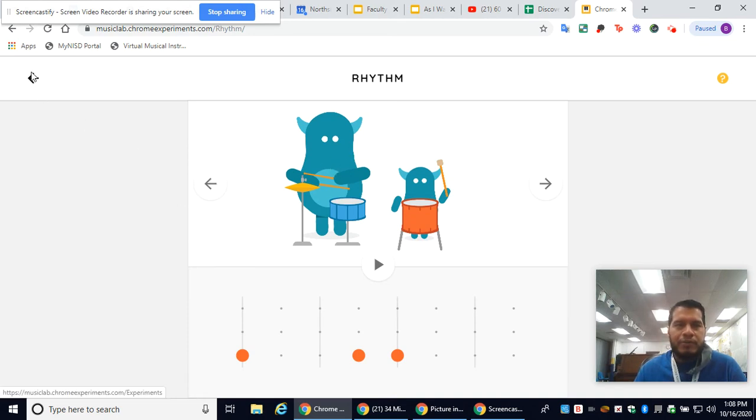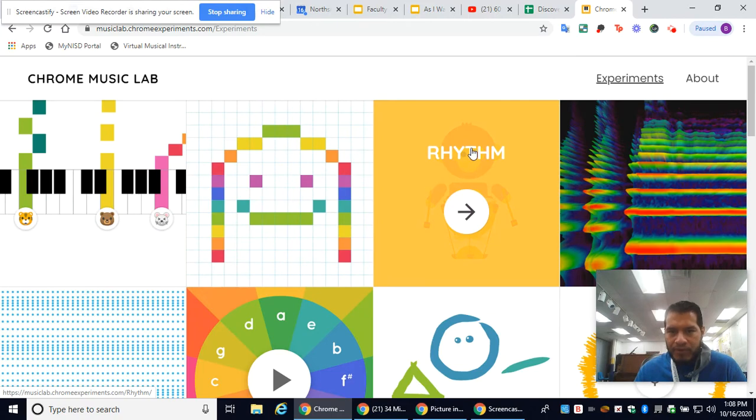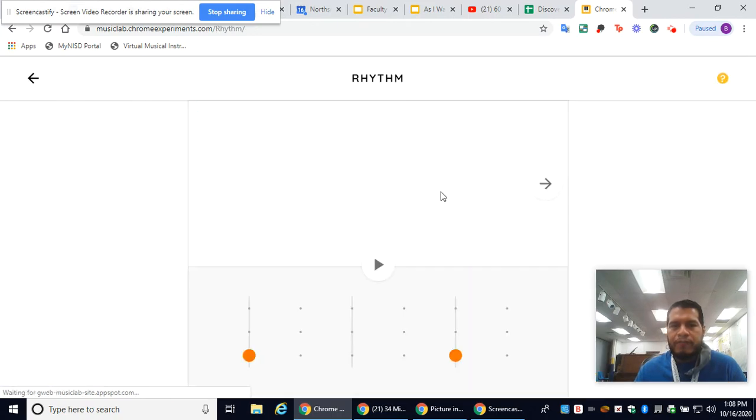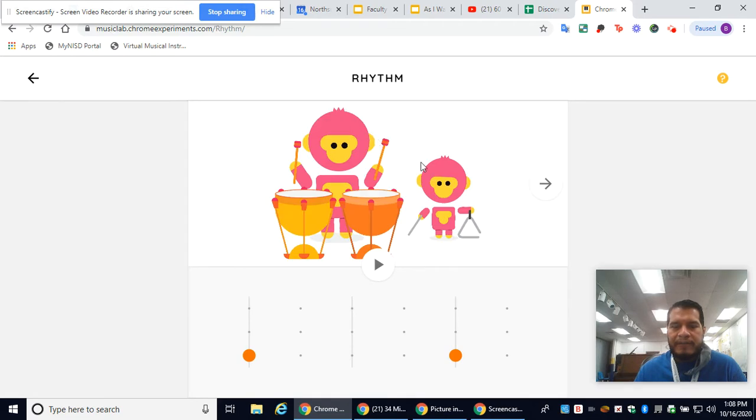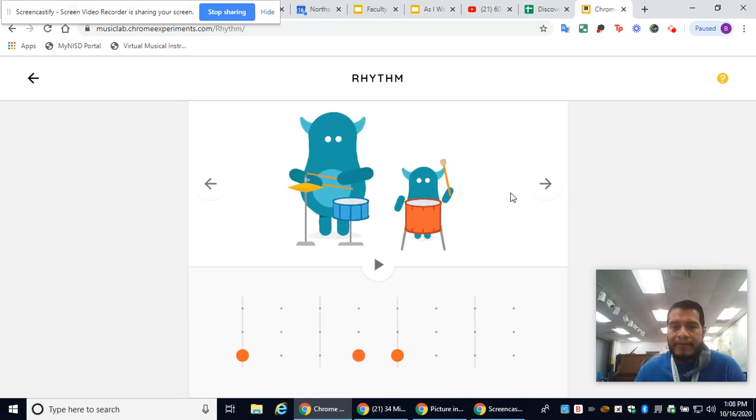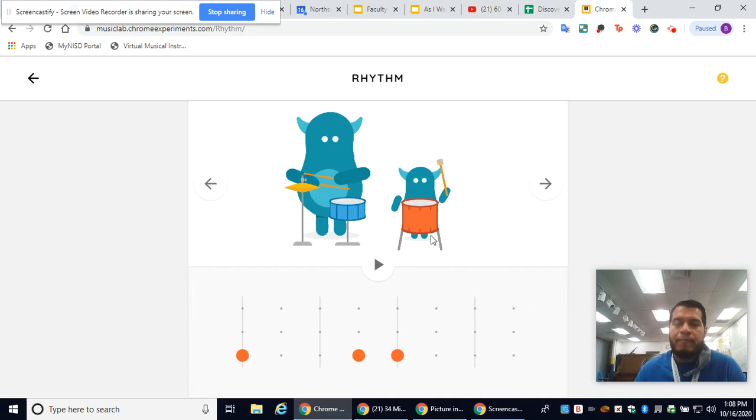So again, I'm going to go back to the main page. When you go to the rhythm and you click this arrow, the first one you'll see is this one with the monkeys and the timpani and the triangle. Don't play this one. Just skip it and go to the next one, because today we're talking about 4/4 time signature and making rhythms in 4/4 time signature, particularly that of